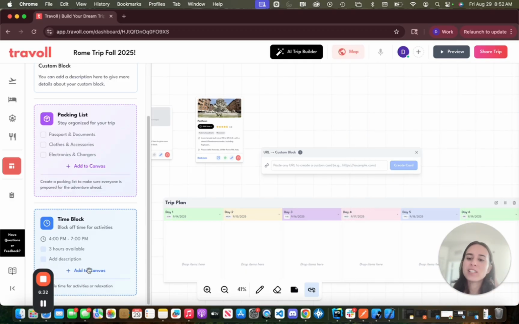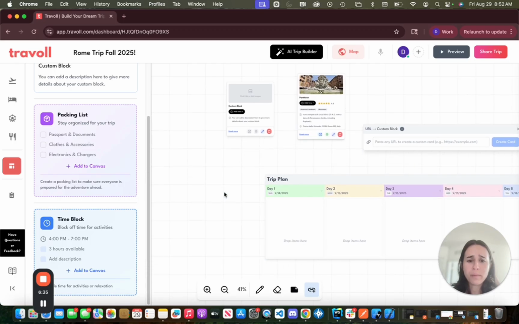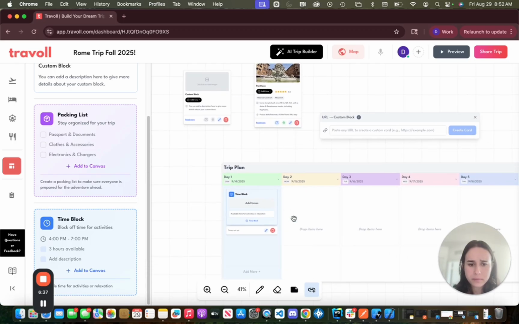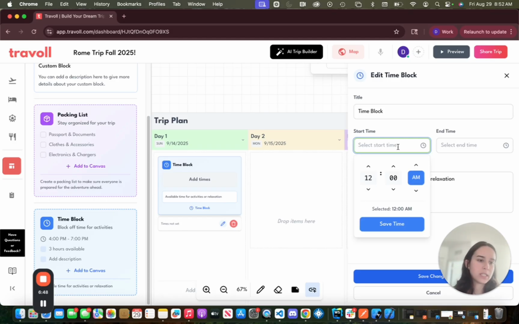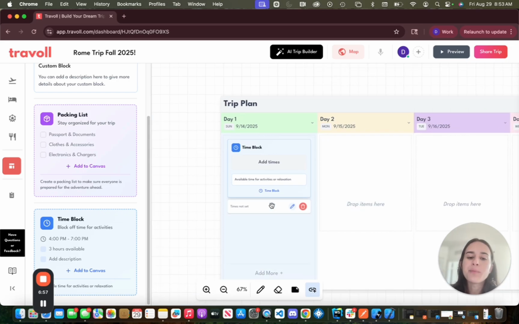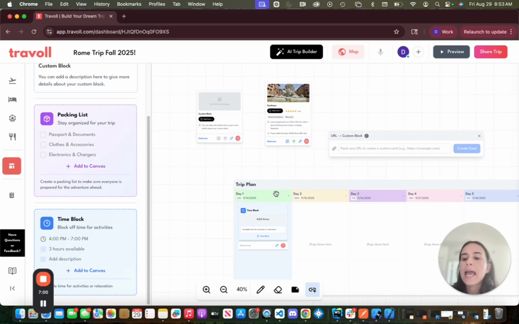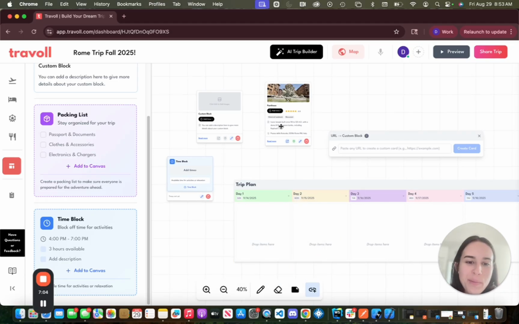And then you have packing lists and you have time blocks. Time blocks are actually kind of cool because you can add times to your plan. So for example, I just want to stroll around this specific area, and I don't have a specific time that I'm going to be doing it. I'm just going to be doing it from 2 p.m. to 6 p.m. That kind of time is up to whatever we want to do, because not everyone wants to plan every single second of their day. Some people do, I do, but you don't have to. It's kind of flexible.